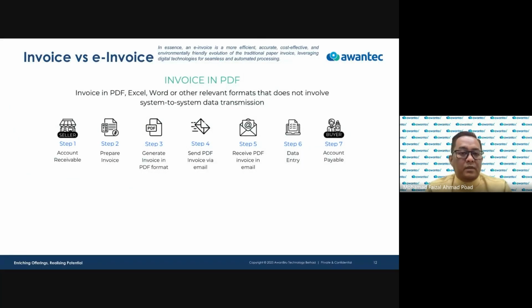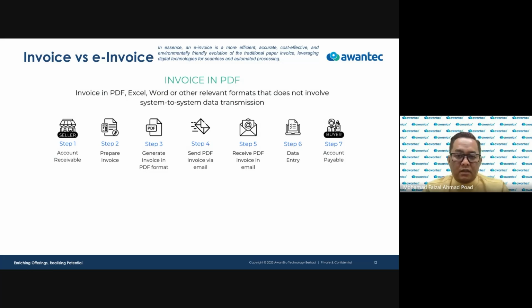All right. So, a brief look at the difference between traditional invoice and e-invoice, because we have heard some people say, hey, I'm already on e-invoice, I mean electronic invoice. But those electronic invoices in PDF, Excel, or soft copy are not the electronic invoice as defined in this context, right? This e-invoice terminology is more towards the back end, how things work.